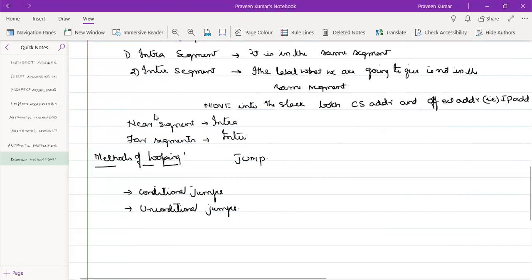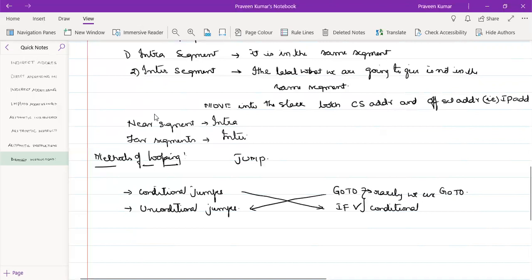Here, if you remember the go-to statement and if statements, most probably we use if as a conditional. We use the if statement in all programs, but rarely use the go-to statement. Go-to statement is an unconditional jump, and if statement is a conditional jump.